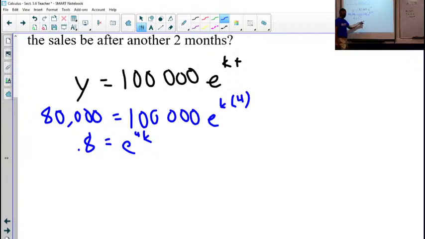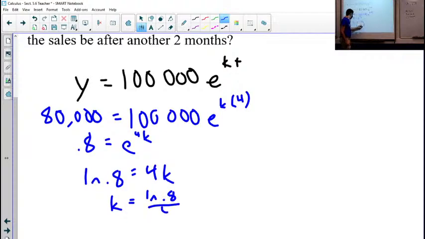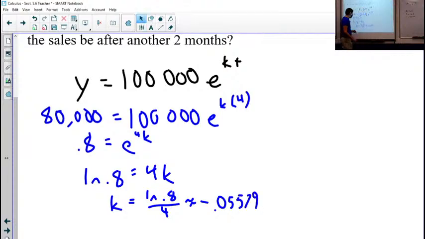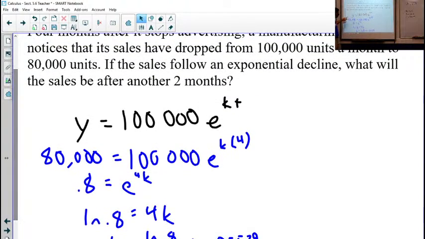So rewriting this, natural log of 0.8 equals 4K. K equals natural log of 0.8 over 4. That's approximately negative 0.055. If you're able to preserve that answer in your calculator, it's going to give you a more exact value. But on my